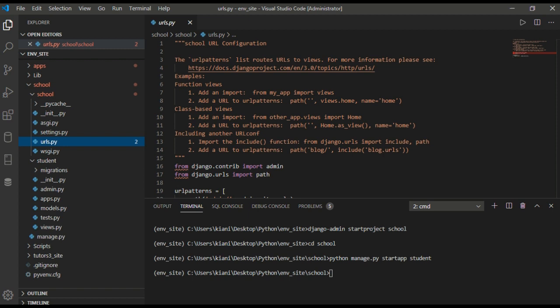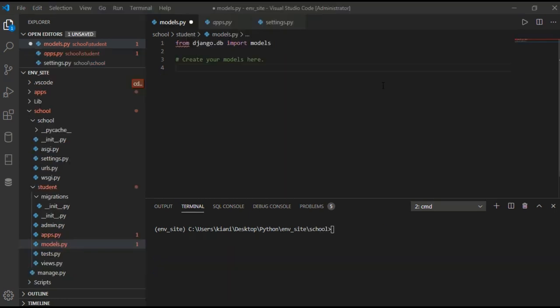Now we create the model first. Okay, now we will create models. Models are tables in the database, created through migrations. So we will have a class here, and accordingly a table will be created in the database.